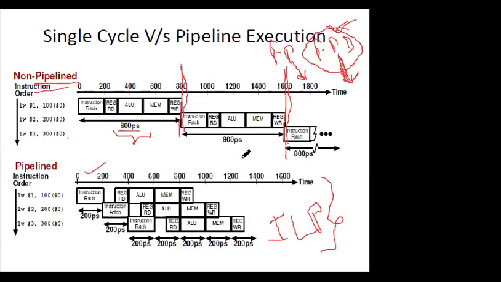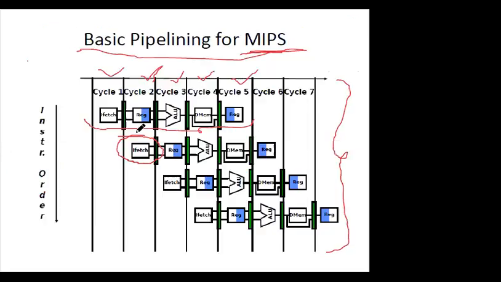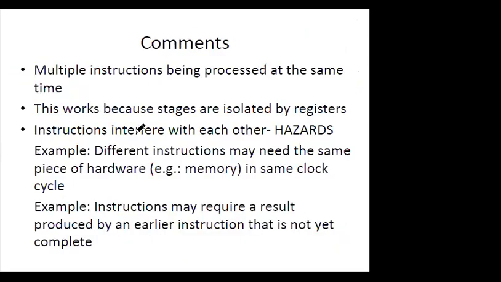Pipelining has nothing to do with the latency. The latency will be the same. What is latency? It is the amount of time between when the instruction is issued and when it completes. So it does not have any effect on latency. Whereas it improves the throughput. And what is throughput? Throughput is the number of tasks or instructions completed per unit time. It also improves the speed of the process. And the speedup is the ratio of average instruction time without pipeline to with the pipeline. So these are some observations from the pipeline.